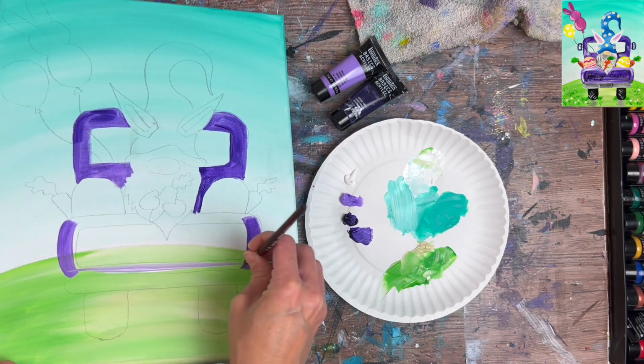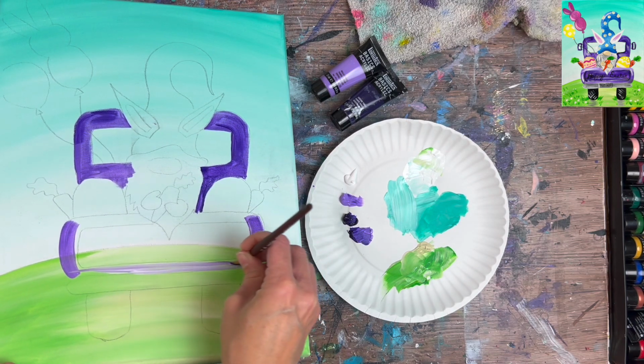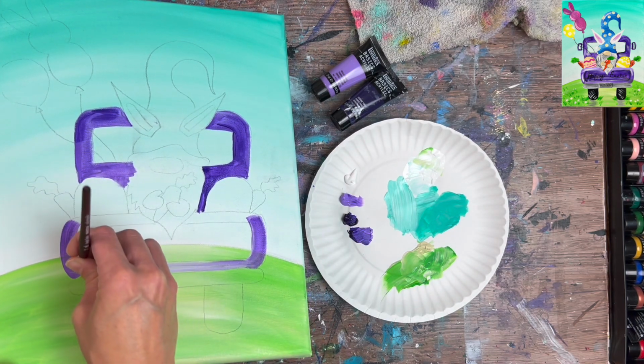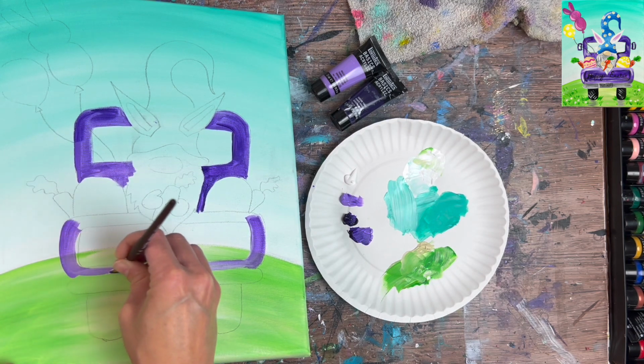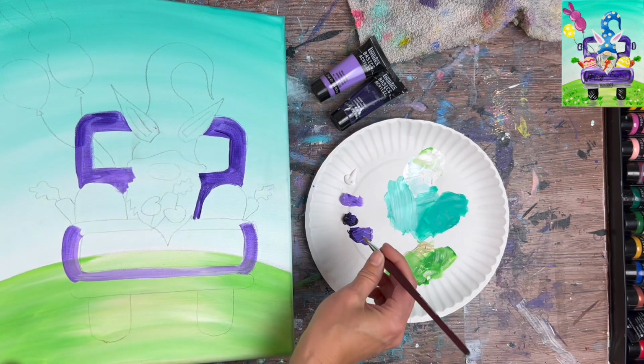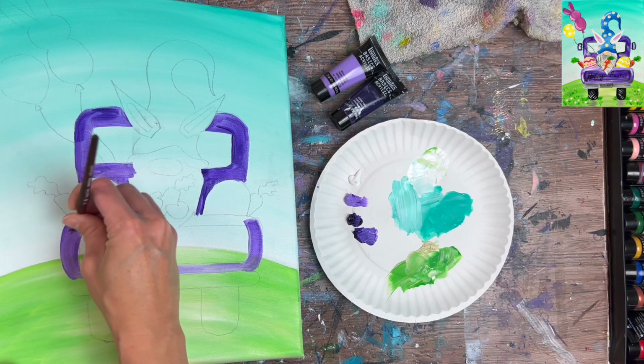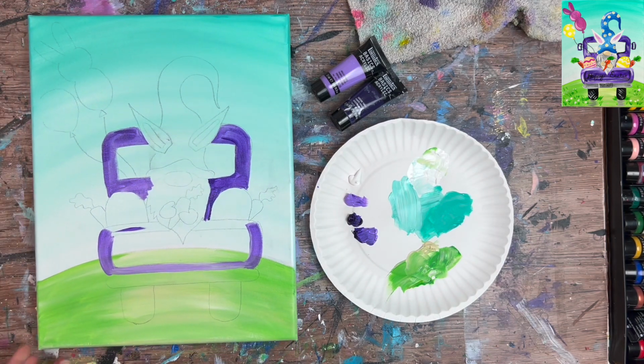I'm going to have the outer part of this truck bed be a little bit lighter, and the inner part that's going to say Happy Easter, I'm going to make that a little bit darker. You can kind of do it the opposite way. If you wanted the outer part to be darker and the inner part to be lighter, you can do it that way. And so I'm just going to kind of outline the outer part,